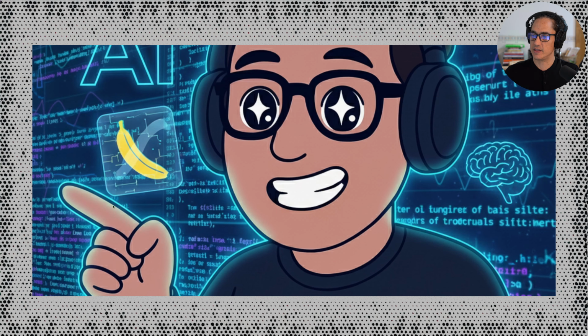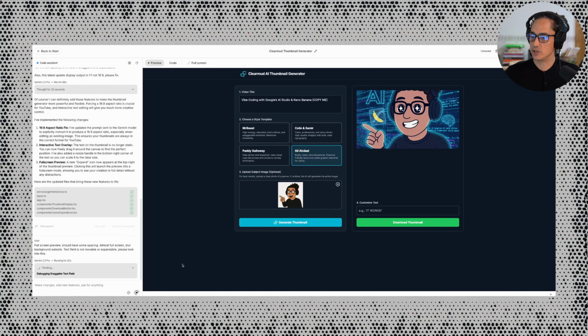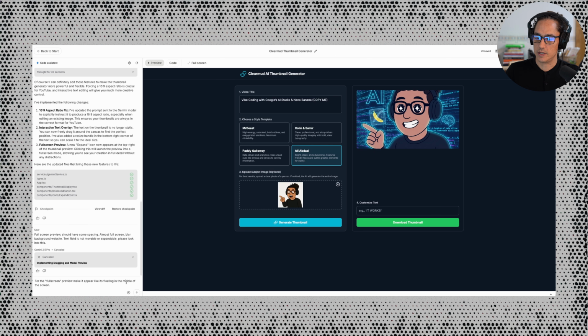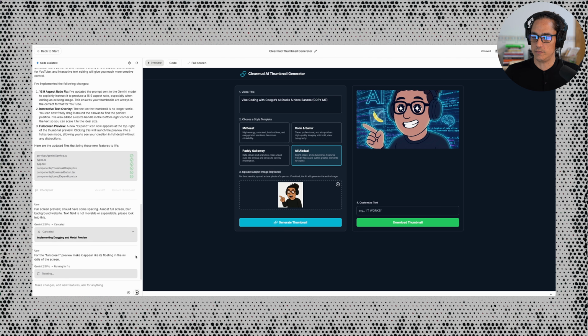Yeah, I want it to be like this. So essentially make it floating for the full screen preview. Make it appear like it's floating in the middle of the screen. Let me stop it and give it this additional